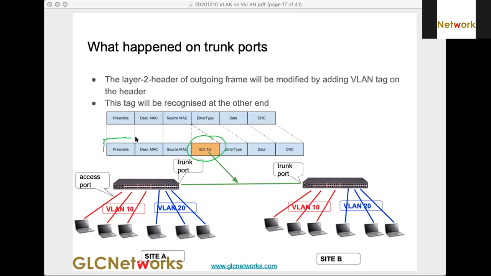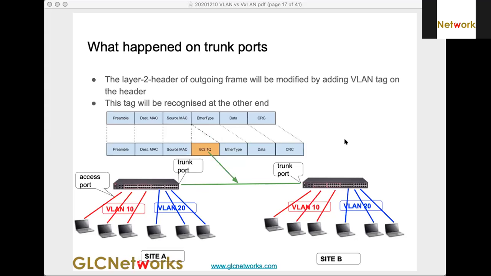It's still on layer 2. Layer 2 consists of a header and a trailer. This is the trailer, and this is data from the upper layer. So the VLAN tag is inserted into the layer 2 frame header, between the source MAC address and the ether type. That's where we put the VLAN information.